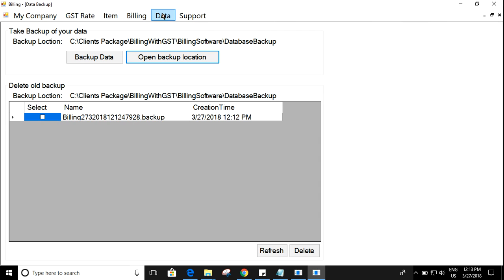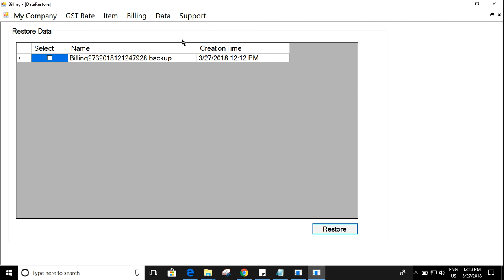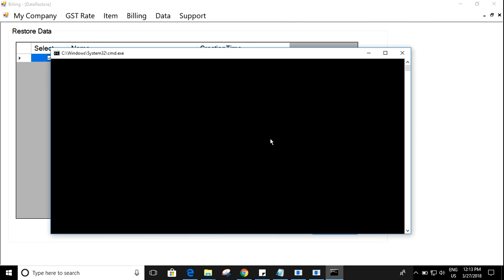Now go to restore. Only one backup I have taken, that is listed here. I have checked this backup file and click on restore. So the restore process started.